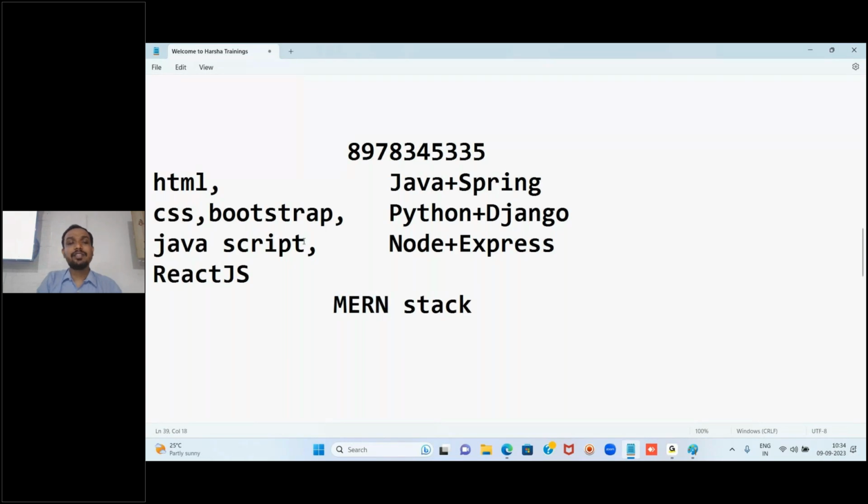So on the front end side, these things are common: HTML, CSS, Bootstrap, JavaScript, React. In place of React, you can have Vue.js or Angular, but we are opting for React. If you opt for Angular, it is called MEAN stack, but in this course we are doing React. Only for Node do we have special names. That is what I am telling. For the others, it is Java full stack and Python full stack. Clear?